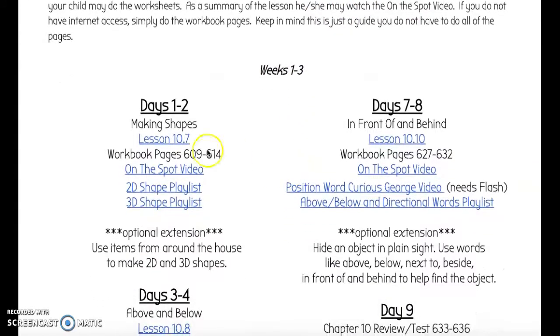Now, as you can see, the lesson we left off on, you'll be starting up on, and that's lesson 10. So it's chapter 10, lesson 7. And the topic is making shapes. And if you click on the lesson here, it's highlighted, it's a link. It will take you to